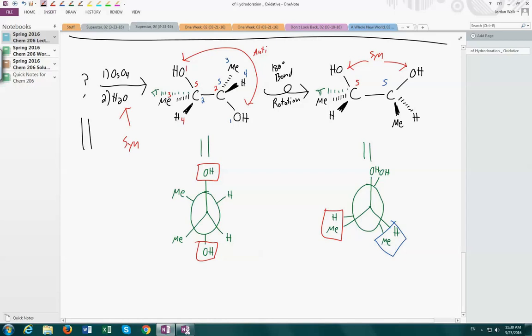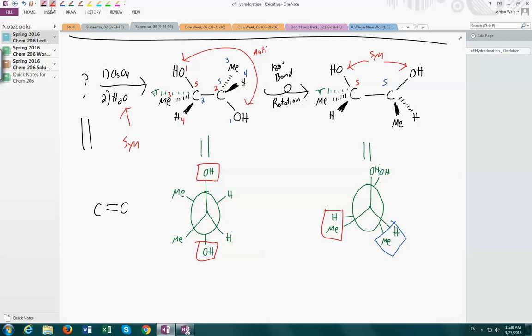And so when we draw the starting material for this reaction, basically you can imagine instead of adding the OHs, let's just pluck them right off. And so what we're going to have is these two groups will stay together on one side of the alkene, and these two groups will stay together on the other side. So our starting material,